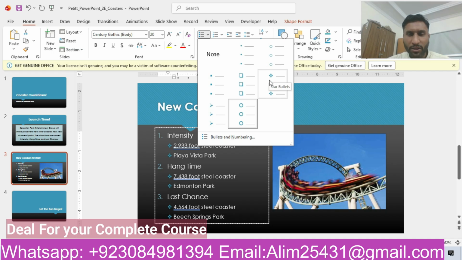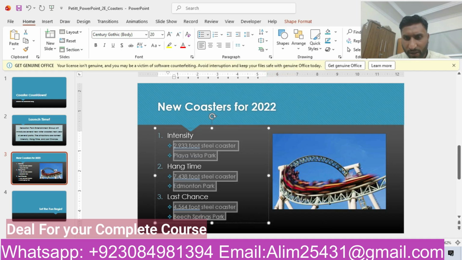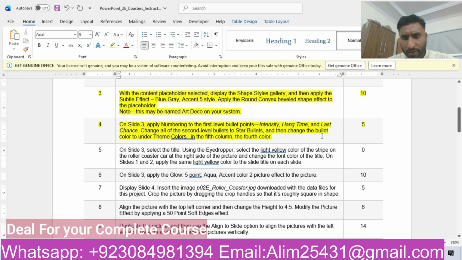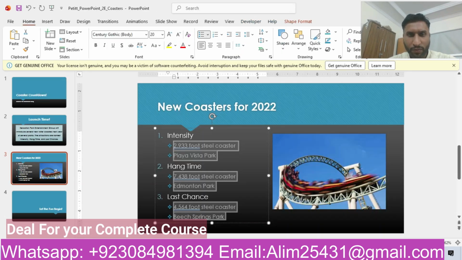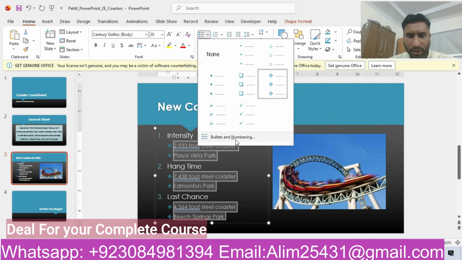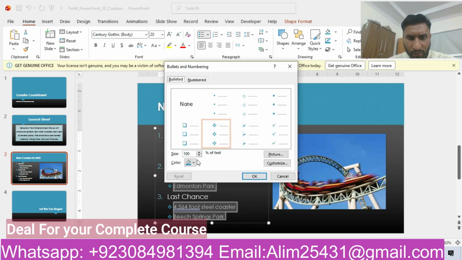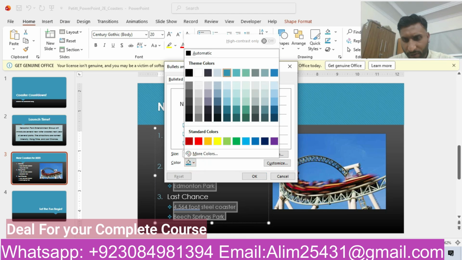That's our star bullets. We will select that one. And what next is asking to do? Then change the bullets color to under the theme color in the fifth column, the fourth color. So we will click on the bullets and numbering. We will change the color to the fifth column,